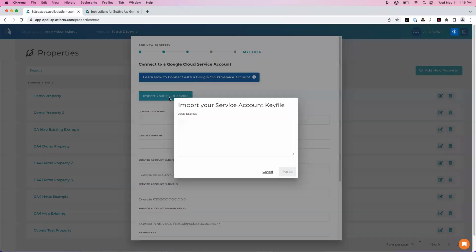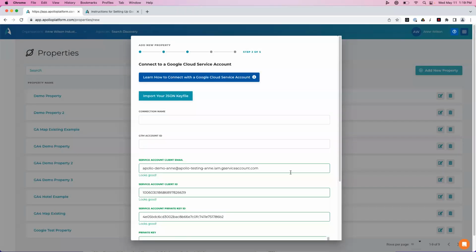I have the option to import my JSON key file, and I'll make sure that I open that JSON file in a plain text editor so I don't introduce any special characters that I'm not expecting. And once I paste this in, I'll hit Parse, and the appropriate fields are populated. I can give this connection a name,